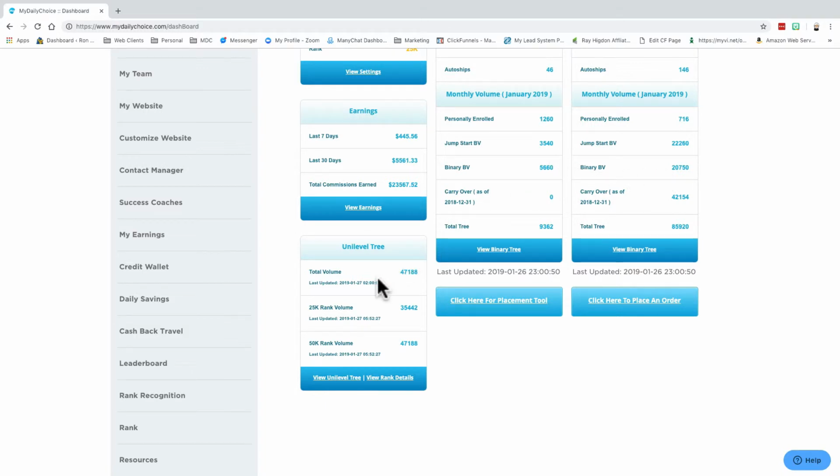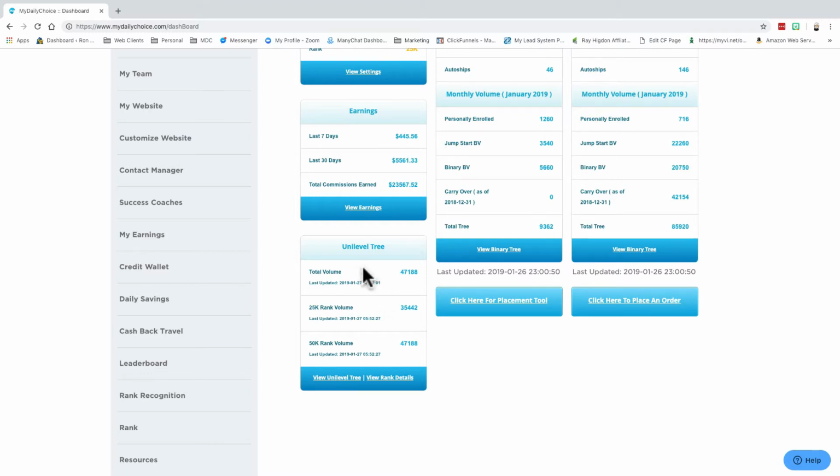But because it's based on the unilevel, the more people I have, the easier I can spread it out. So if I have 10 people, those 10 teams only have to get 500. 10 times 500 is 5,000. If each of those 10 teams gets 1,000 in their whole team, then I'm a 10K, right? Because nobody has crossed over that max of 50% of 5,000.